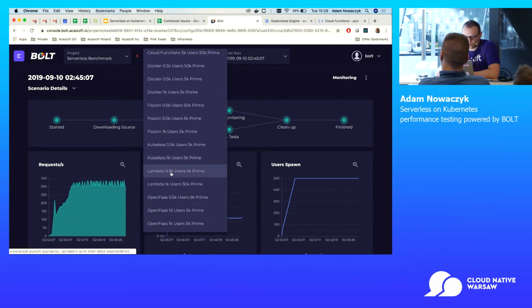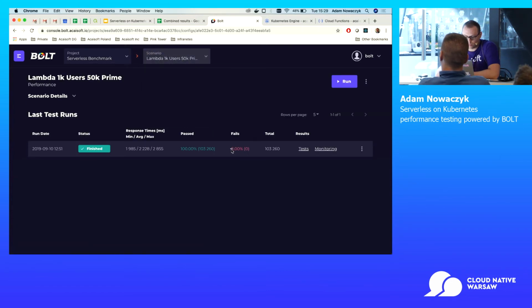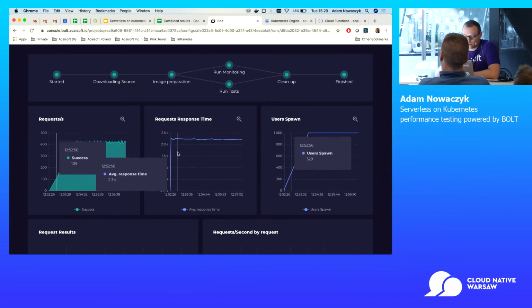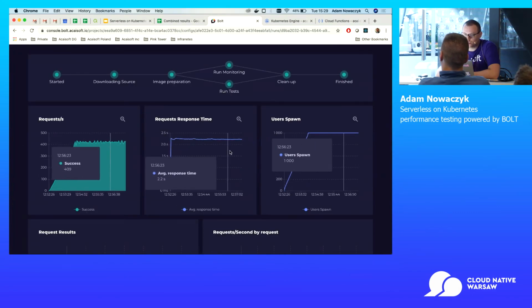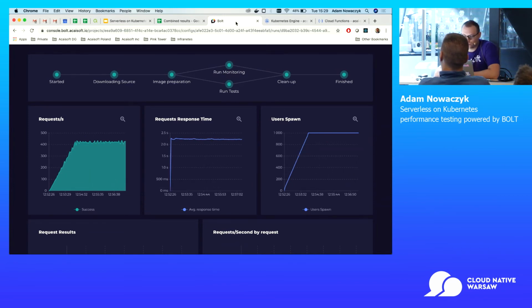And we have loads for Lambda as well. So similar load for Lambda. We can see that it's working fine. We can see really great stability here. However, the response times, so if I would compare the same